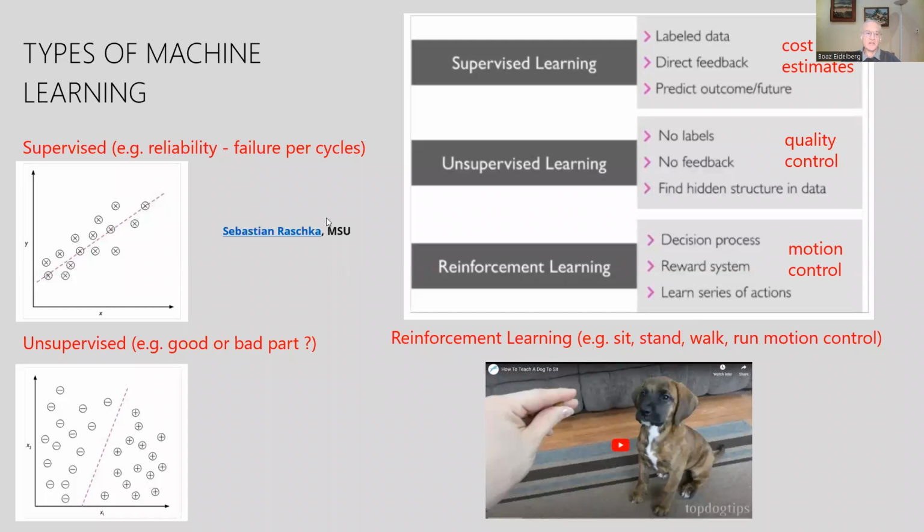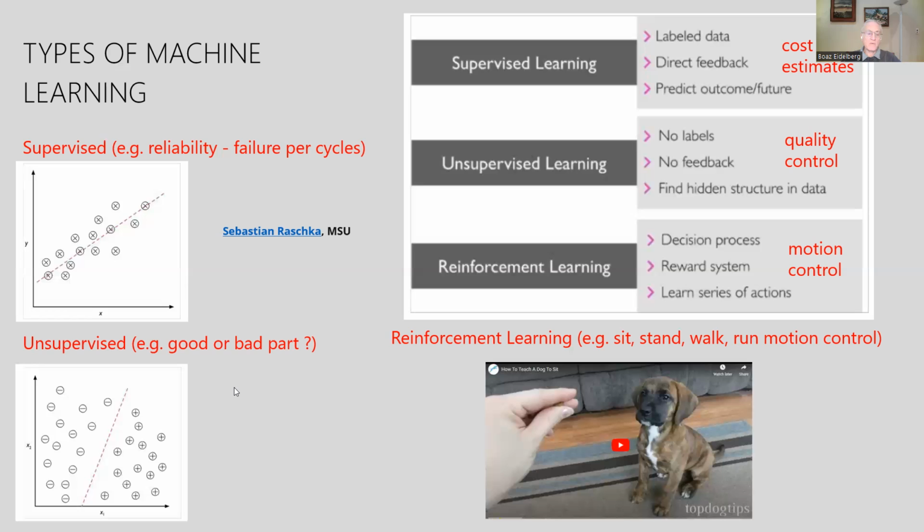We'll start with a general description. The three types are supervised learning, unsupervised learning, and reinforcement learning. Supervised learning can be viewed in a simple way as curve fitting. In other words, we have labels with which we can specify the input and the output. We then draw the best fit. And once we get a new label, we can use the best fit to find out what will be the